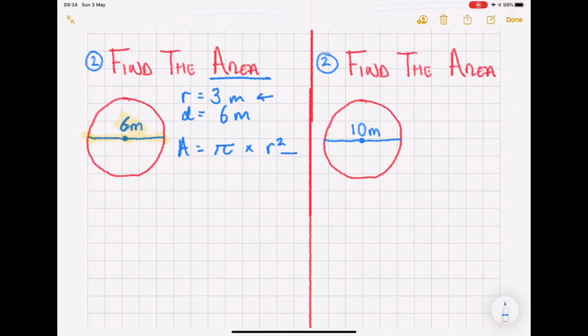So we have area equals pi times by 3 squared. Now our next step is to actually square our r value. So it's pi times by 9 because that's 3 squared. And now we type it into a calculator. So pi times by 9 equals